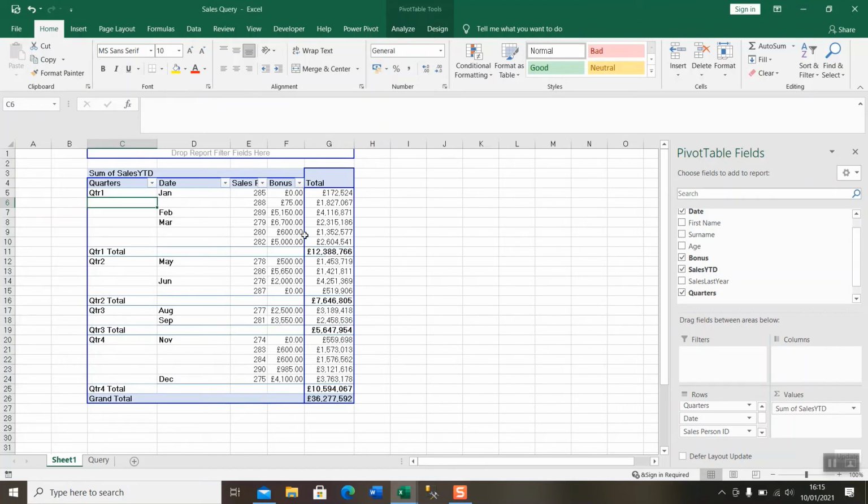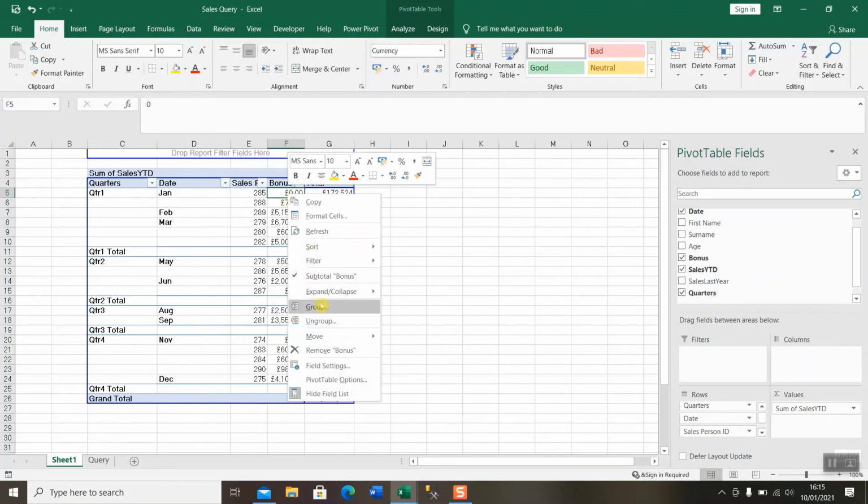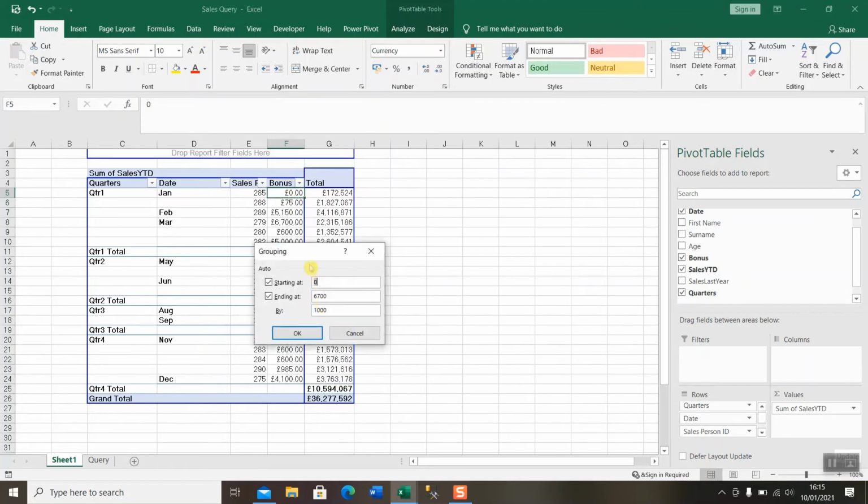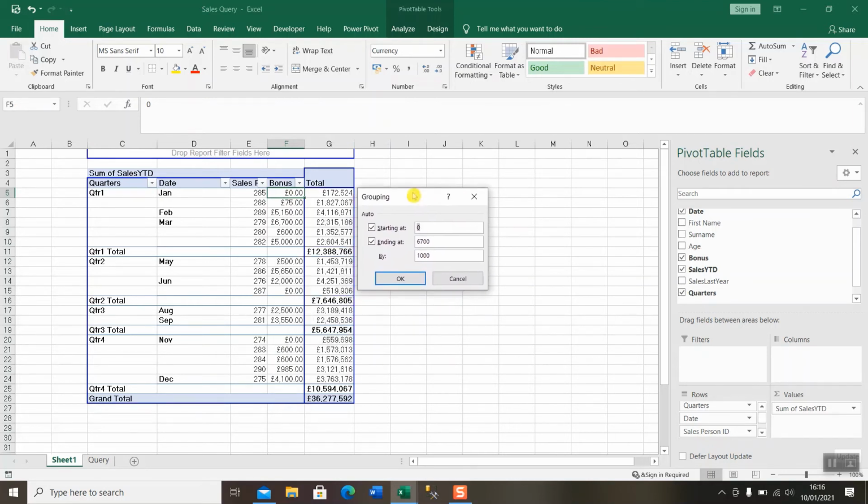So with the bonus field, again, I'm going to click into one of the cells, going to go to the group function again, and here we can see it's got a starting point of 0, because there are some salespeople with 0 sales, and the high end of the bonus is going up to about £6,700. So I'm going to group each range by 100. So if I click OK,